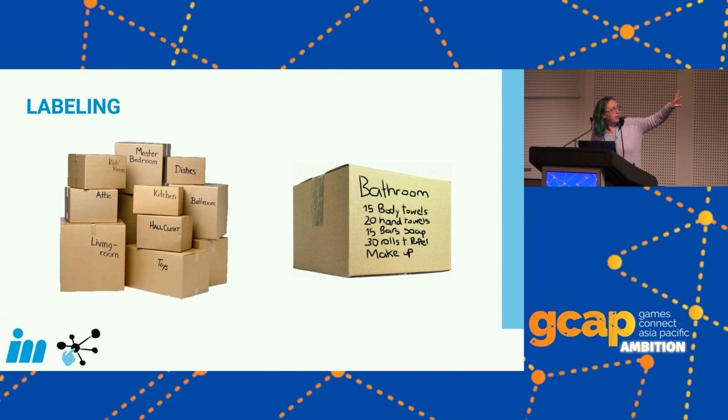And if you look at this, when you move and you put nothing on your boxes, then obviously you've got a big problem. If you only put general labels on there, it's still a problem, because if I arrive in my new house and we're still very unorganized, but we need our dishes and cups, and all my boxes say kitchen, then you have to open them all to see where the cups are. While with the example on the right, I know exactly, if I need a towel tonight, where it is.